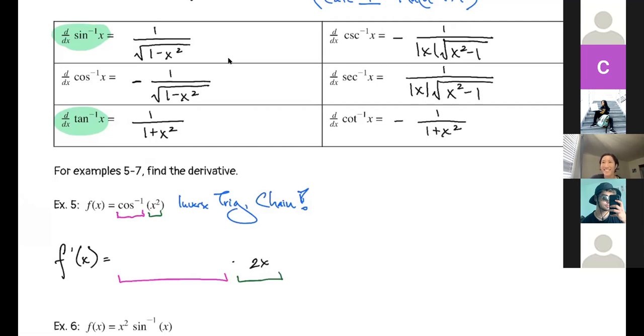So good. Okay, so negative 1 over that part, totally fine. Square root of 1 minus. Yes. Okay. Now this is why I'm making a big deal of it, right? Because it's x